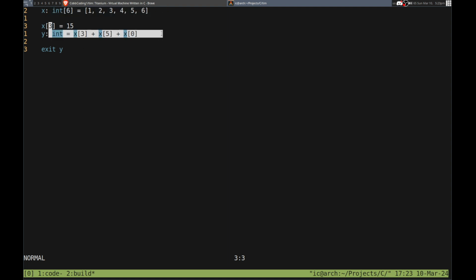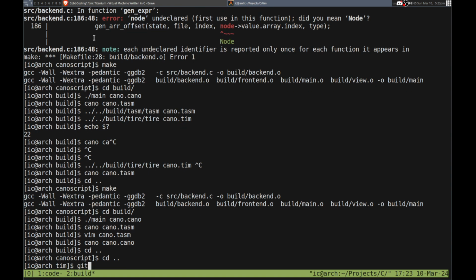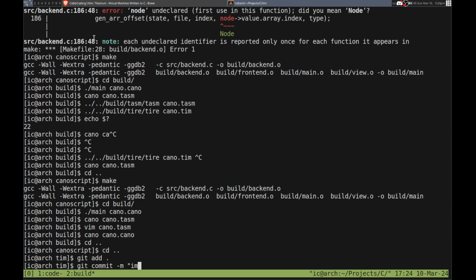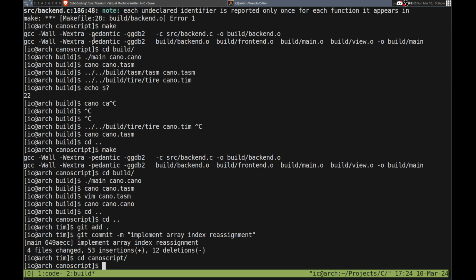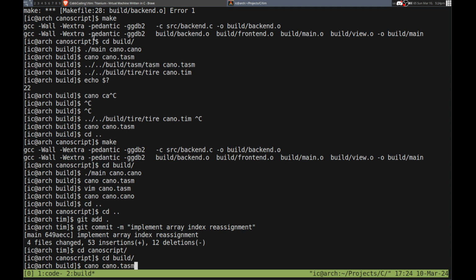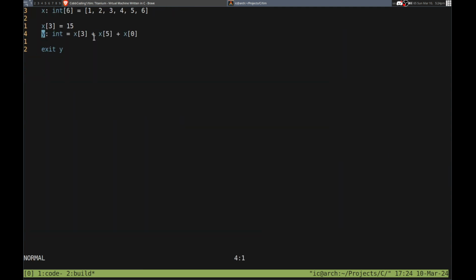Let's see. What is something that could be changed right now that's simpler, without changing the actual underlying virtual machine? Well, I can commit this first of all. Commit array index reassign. Okay. So I'm not going to add types yet. That'll probably be the next stream. I'll work on strings. But for this one,